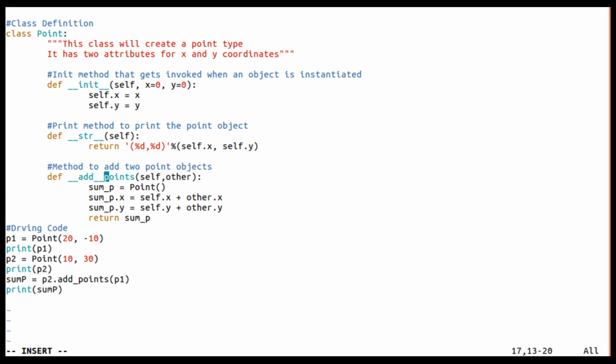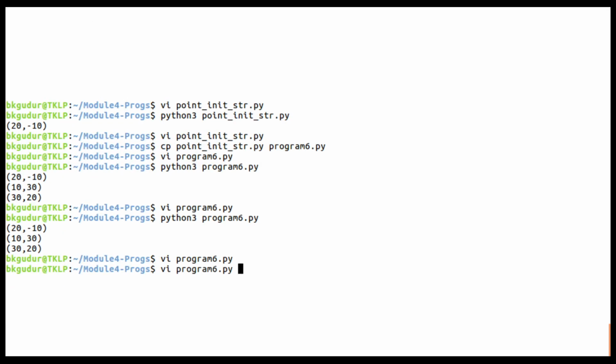This is going to overload the plus operator, and instead of calling it like this, we can directly call p1 plus p2. Very simple. If I execute this, we still get the same result.